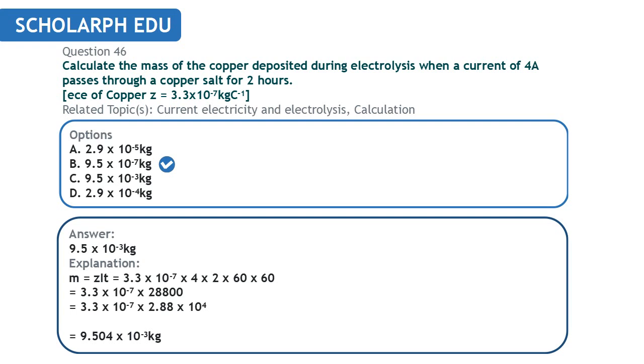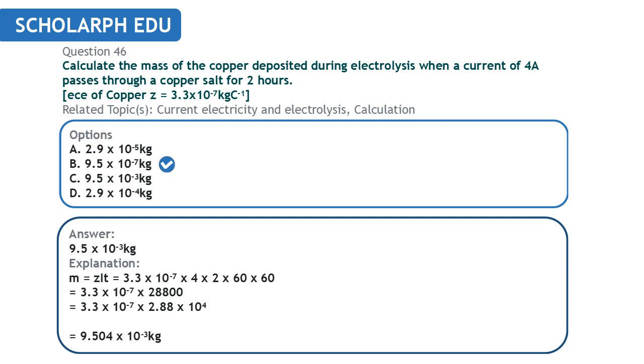From the question, we already have all of this. So Z is 3.3 times 10 raised to minus 7, times the current, which is 4, times the time. The time they give us here is in hours, so we need to convert it to seconds. We first convert it to minutes by multiplying by 60, then we convert it to seconds by multiplying by 60 again. So this becomes 2 times 60 times 60. So we have 3.3 times 10 raised to the power minus 7 on this side. Now 4 times 2 times 60 times 60 will give us